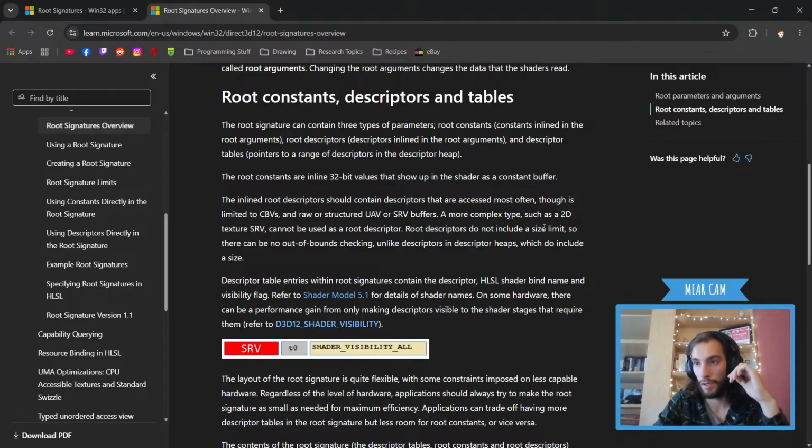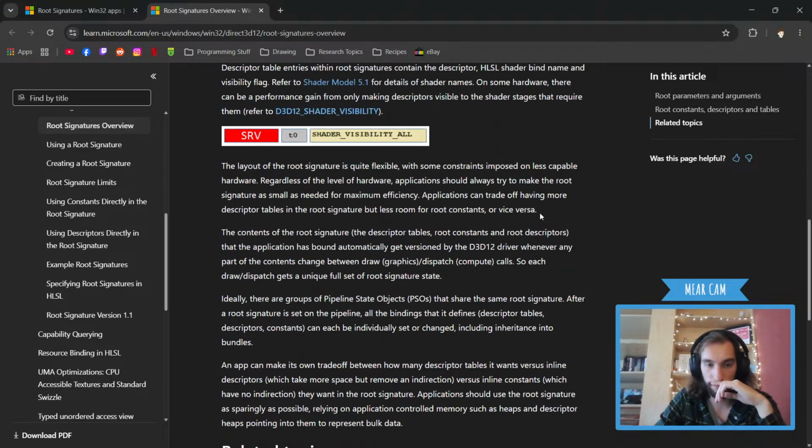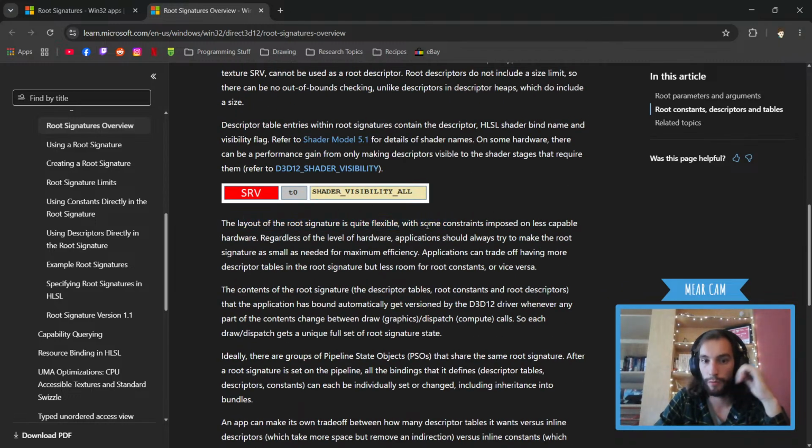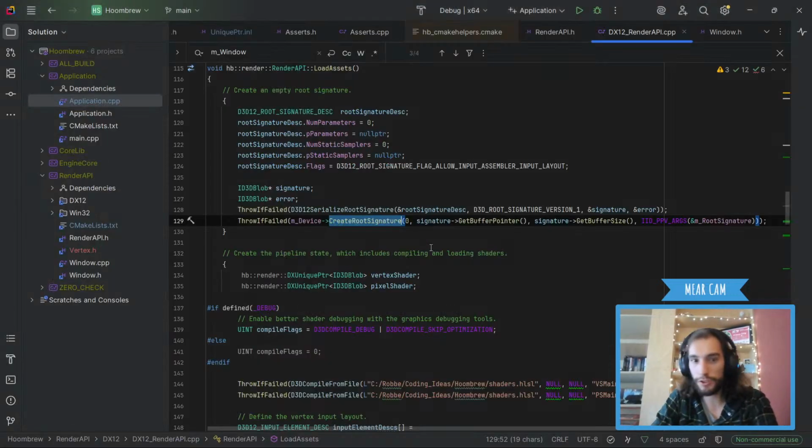Okay. Some constraints are imposed by hardware. Regardless of the level of hardware, applications should always try to make the root signature as small as needed for maximum efficiency. Okay, so small size is better. Applications have a trade-off of more descriptor tables in the root signature but less room for root constants, or vice versa. Okay, so this is basically saying this is all the references of data I'm going to need, which can either be pure constants in there, or a pointer to some data on the descriptor heap. And the descriptor heap is some other object I'm pretty sure we also make,